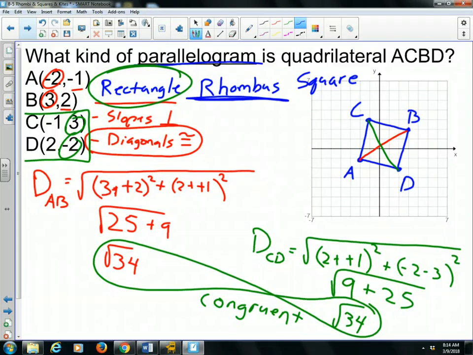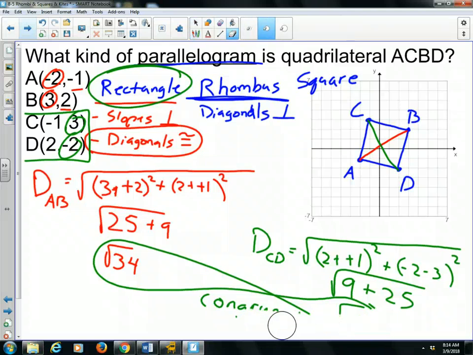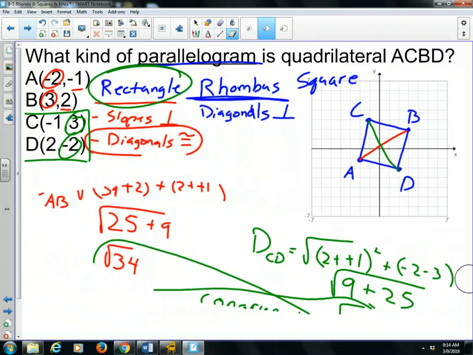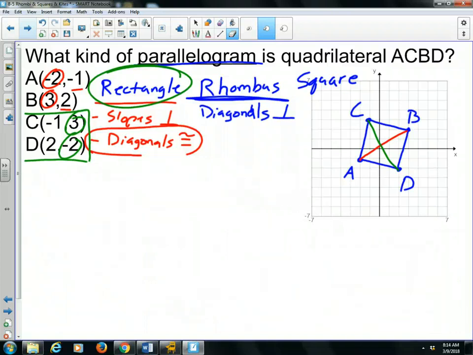A rhombus, the main way we're going to prove it's a rhombus is that the diagonals are perpendicular. So let's find the slope from A to B, and let's find the slope from C to D, and if they are opposite reciprocals, then we have ourselves a rhombus. So I'm just going to erase the distance formula here. We're now going to find the slope